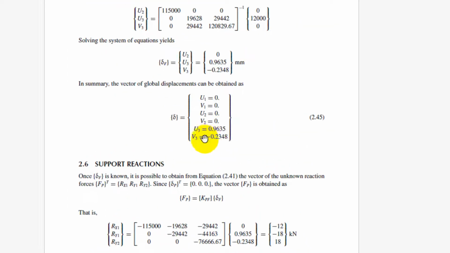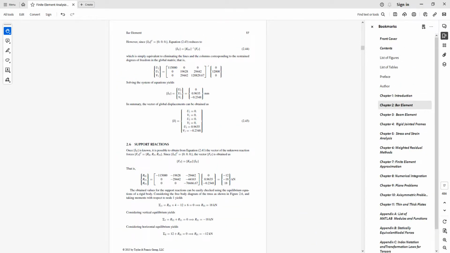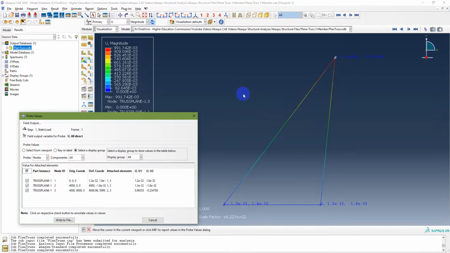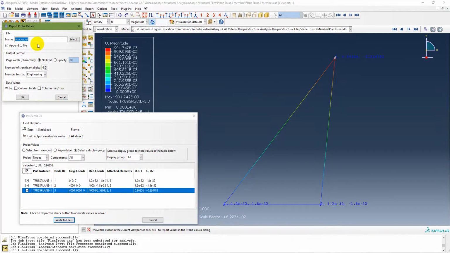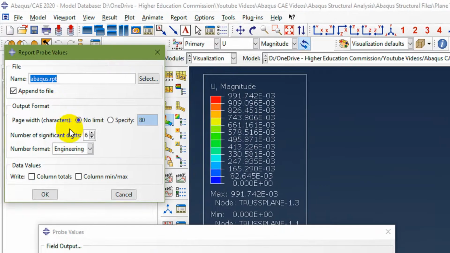So you can see here, U3 and V3, in the horizontal direction is 0.9635 and the other one in the vertical direction is minus 0.2348. So the same values which are in the book, we are getting here. These are the values here. Then you can write those to a file. All that value you can write to a file and create a report, and that report is saved in your work directory, and from here you can change the number of significant digits,